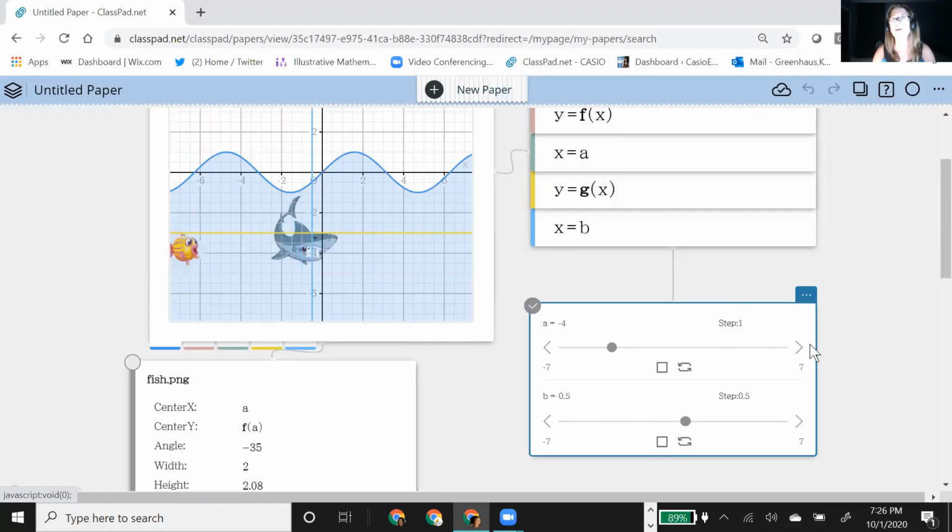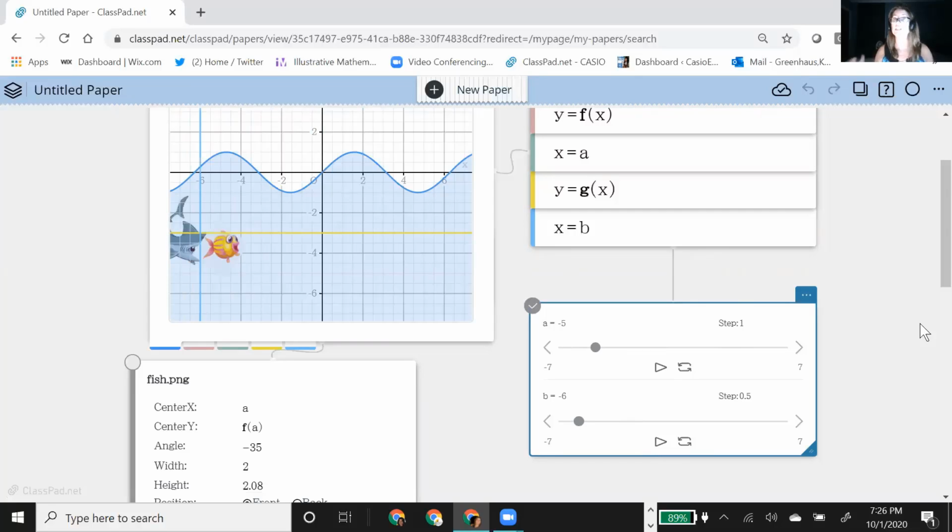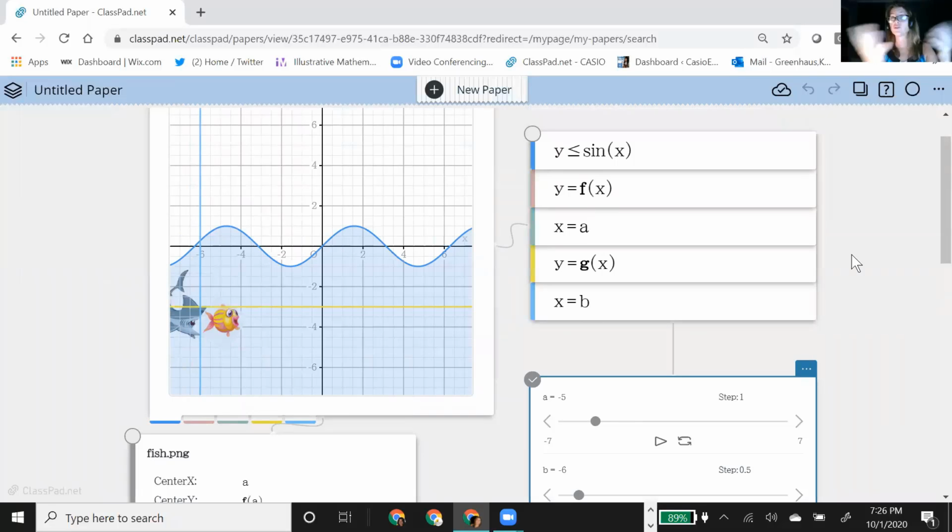So that's just a really fun way to see what function is going to create different things. I've tried some for Halloween where I have witches flying on a broom, but it's really using functions and kind of understanding the input and the variables that you need to help control things. So that's all I was showing you today, is all these different ways you can work with sliders and functions and have some fun and really help students use discovery versus giving them definitions and formulas.